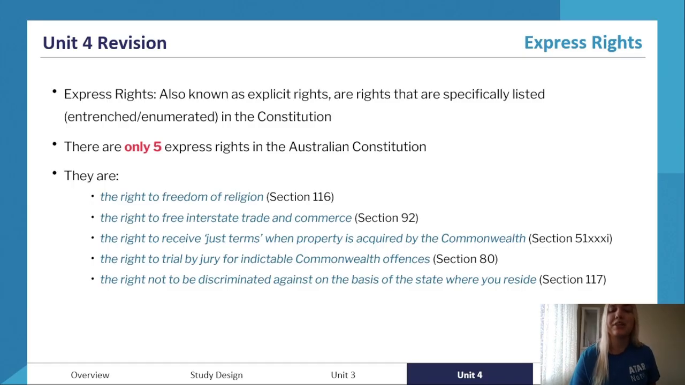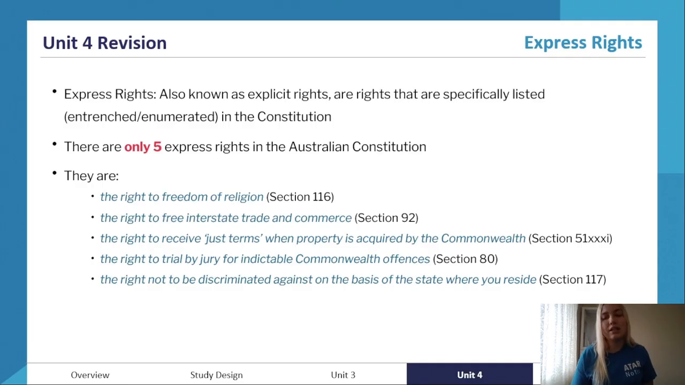The right to trial by jury for indictable Commonwealth offences, Section 80, we know everything about this one, but remember that the Constitution only allows for jury trials at Commonwealth level, and state level legislation has to provide for it within the state's court hierarchies. Such as in Victoria, we have that in the Crimes Act, that you can get a jury for any indictable offence in Victoria. The right to not be discriminated against on the basis of the state where you reside in